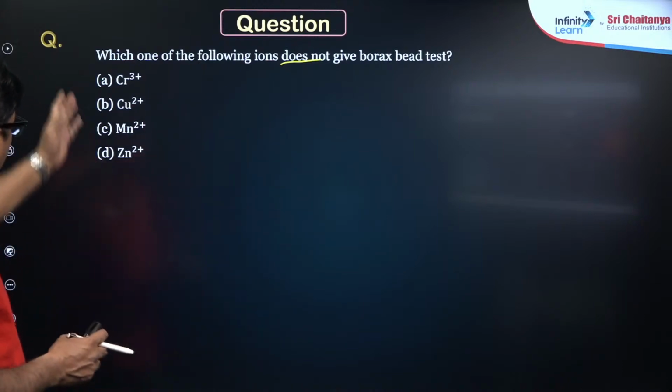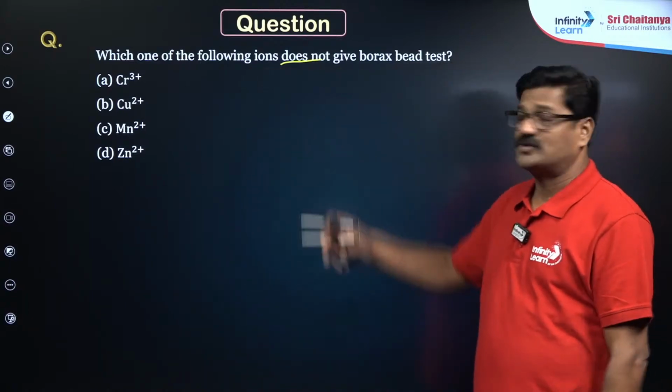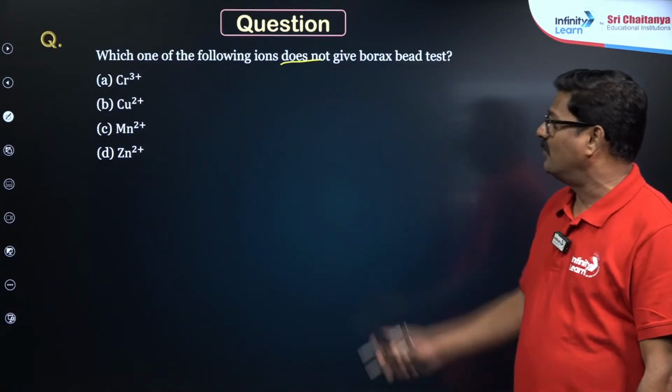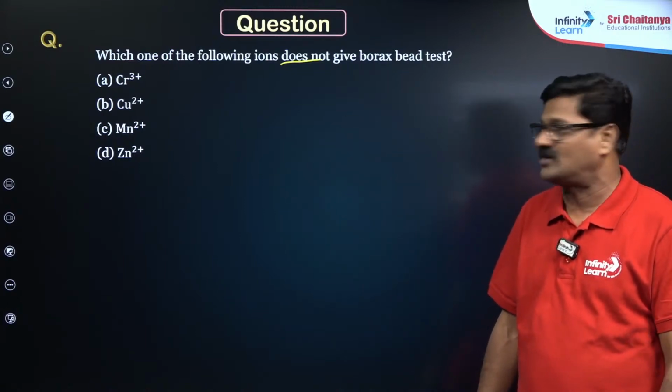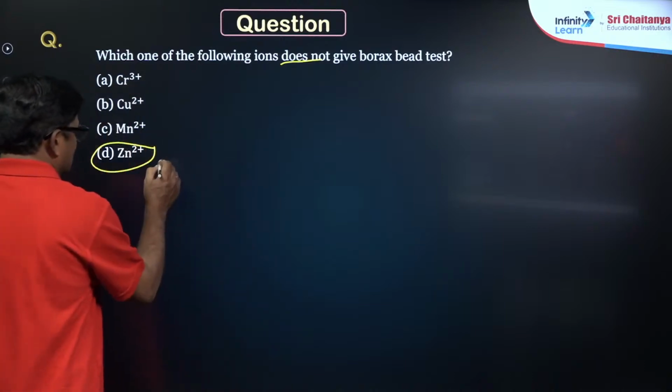You can see chromium 3+ is a green color. We know that copper 2+ is a blue color. Manganese 2+ is a pink color salt, and zinc 2+ is going to be colorless. So if